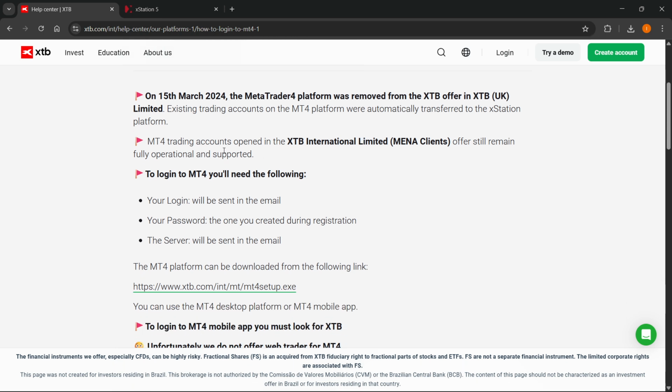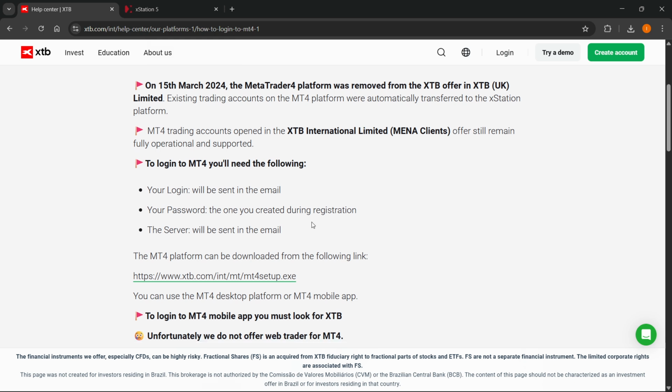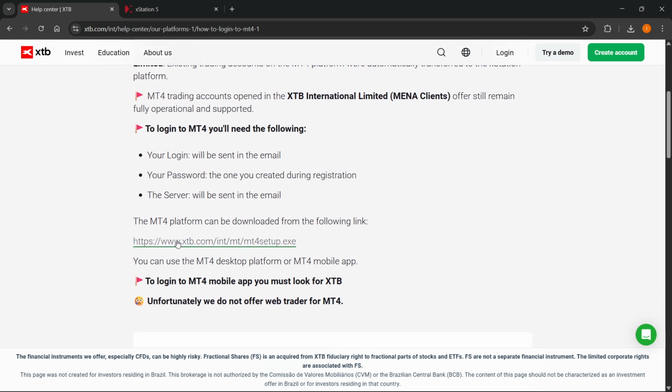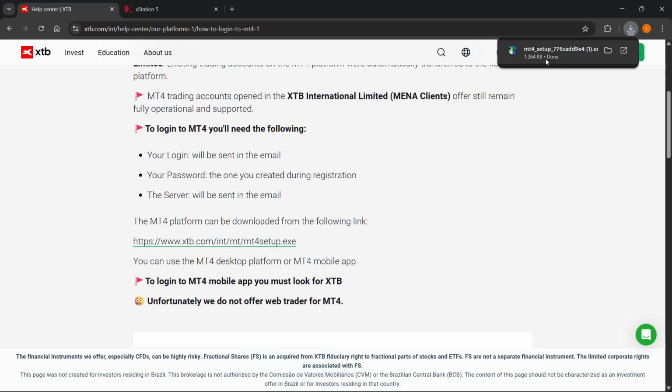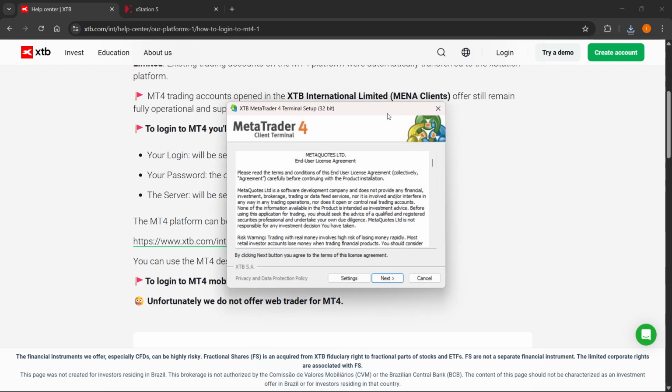So in case you have that account, you'll be able to do it, and you'll be sent your credentials inside the email and create your password upon your registration, okay? So you must have a real account to be able to do this, and when you have a real account, you can go ahead and click on this link over here, which will allow you to get your installer for MT4. Click on it, and then it will open up this installation panel over here on your computer,